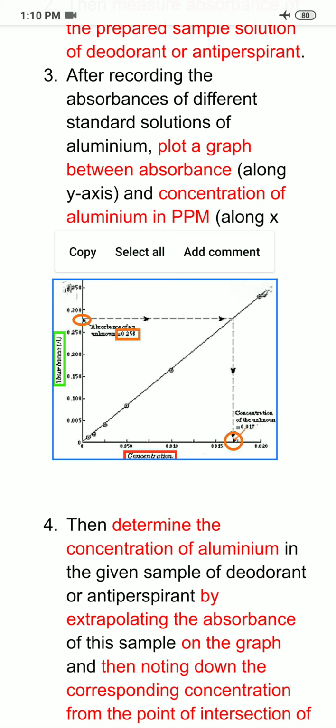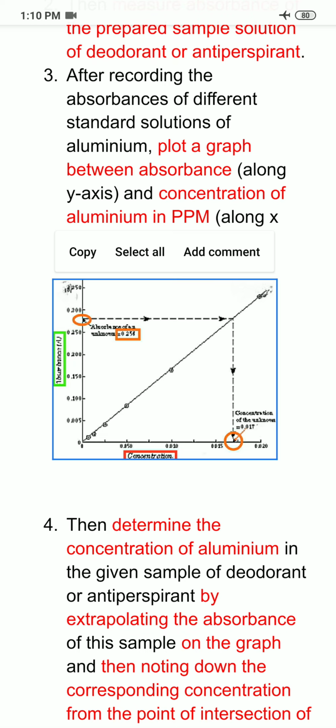The point at which this line cuts the x-axis will give you the concentration of the aluminium in the given sample of the deodorant or antiperspirant. In this example the absorbance is coming out to be 0.256 for the unknown sample of deodorant, say, and its corresponding concentration is coming out to be equal to